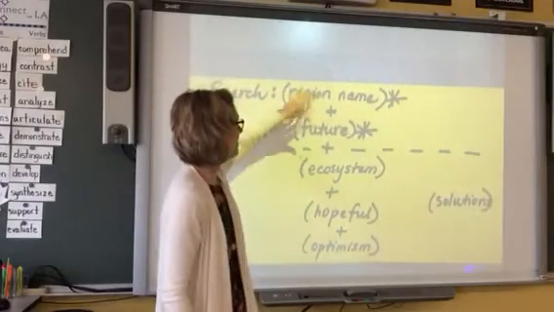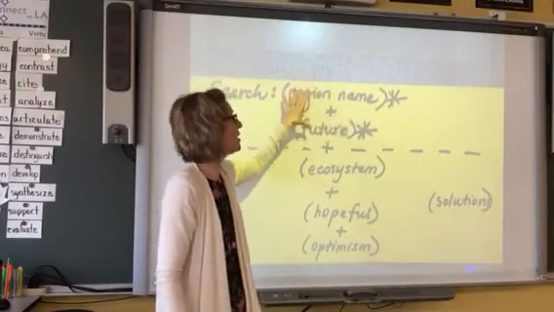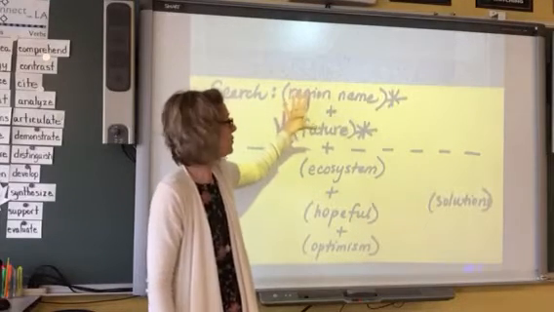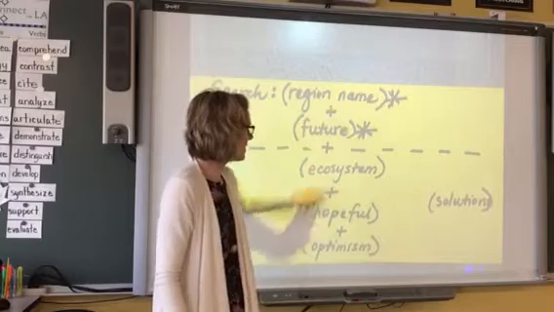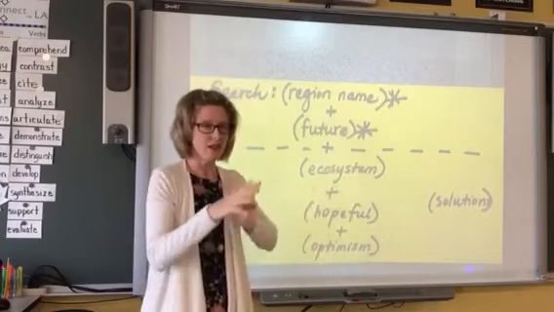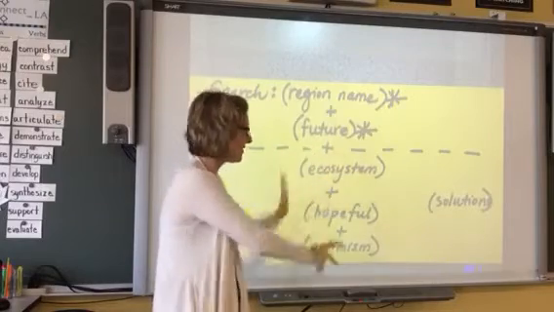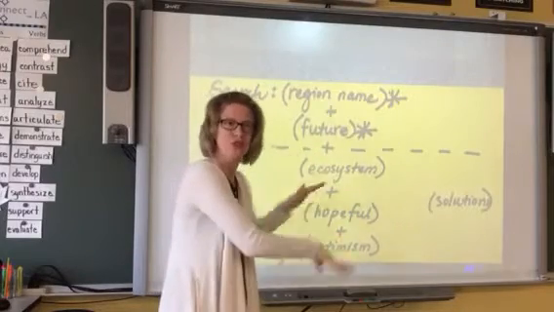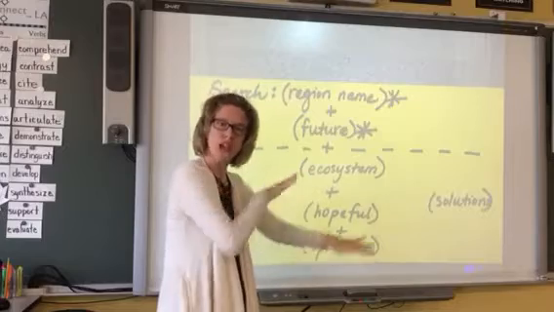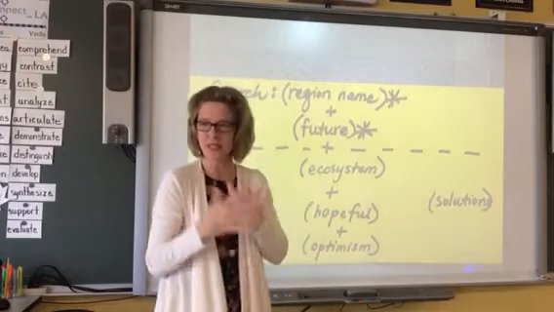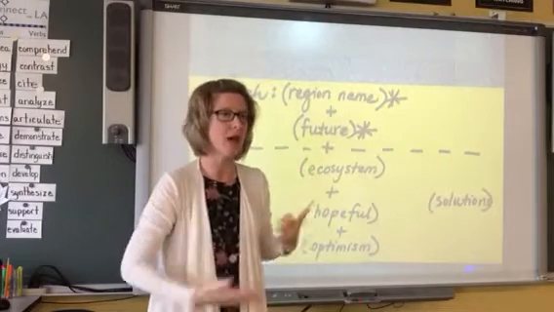Okay, so again, these ones that are starred, you absolutely should use those in your search. Future and the region name, these ones are kind of the cards that will change. Choose two of them, and then if those two don't work, choose a different two. And then if those two don't work, choose a combination of a different two. So you're going to choose different ones to see, like, hey, do I end up coming up with the information